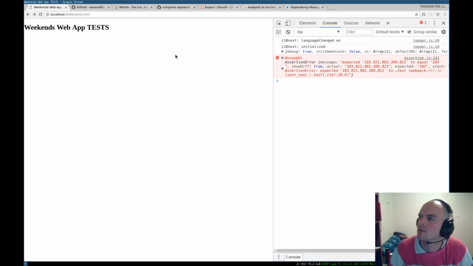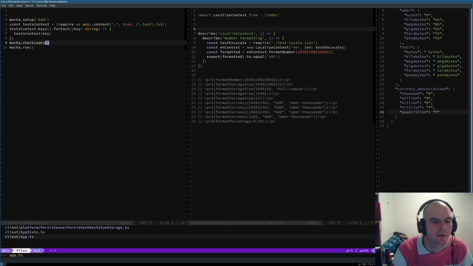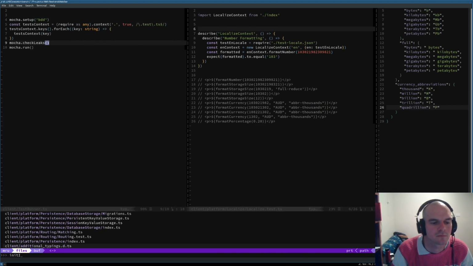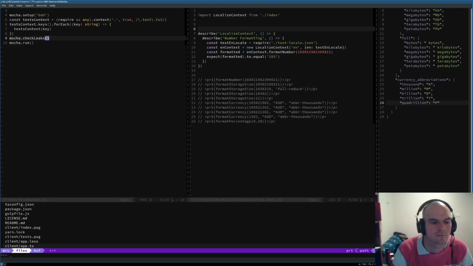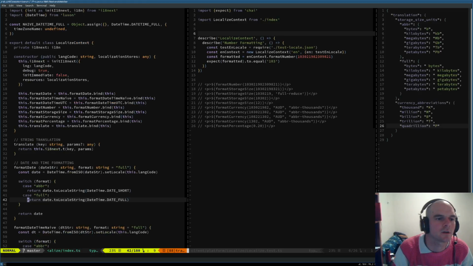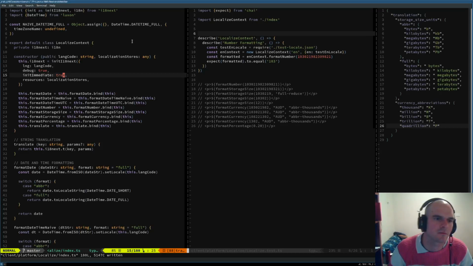Yeah. Init immediate is false. Do we run on a promise on the other one? Let's have a look here in localized context. So immediate is false. If we change that to true, what would happen? Doesn't change a thing.